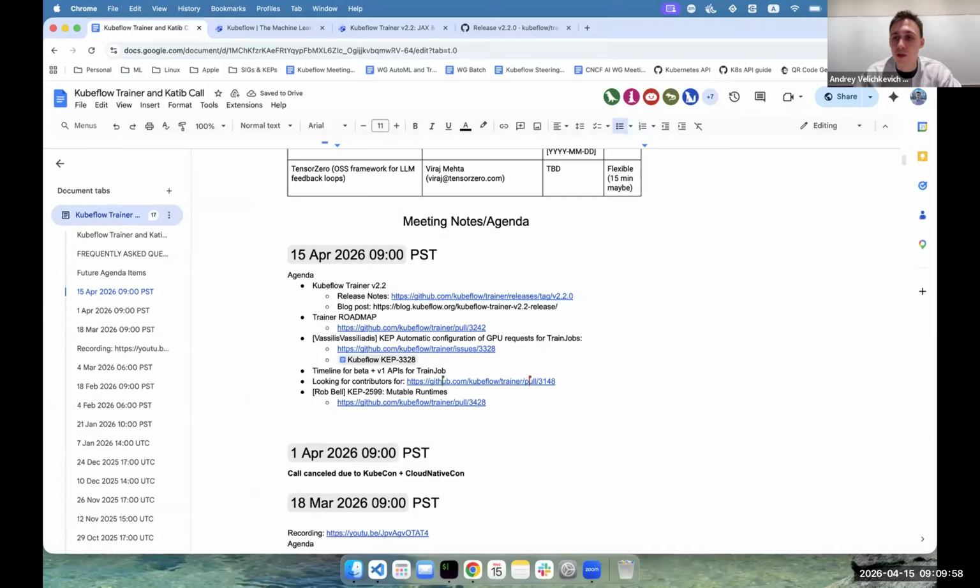Otherwise, we will focus on Trainer 2.3 relatively soon. So I think we have a few definite topics we need to talk about in terms of roadmap and the next release. But any questions so far for Trainer 2.2, like any maybe successful migrations for customers who already tried to use Trainer and deploy this in production?